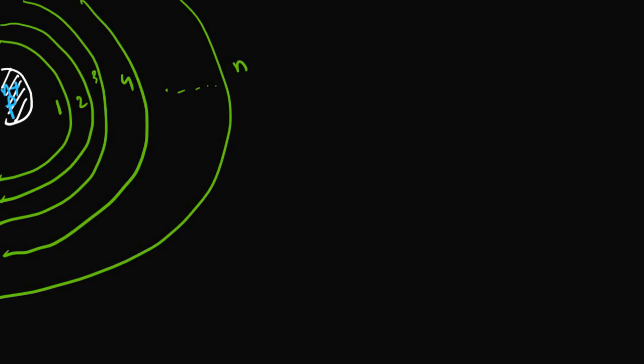Now in the nth orbit, you can see the electron here will have very little impact from the nucleus, because it is very distant from the nucleus compared to the first or second one. So the energy will also change as we go away from the nucleus to the outside. The electron has two types of energy, as all materials in this world appear to have.